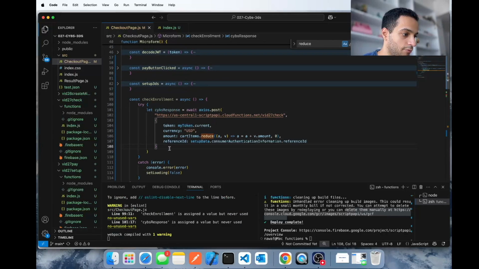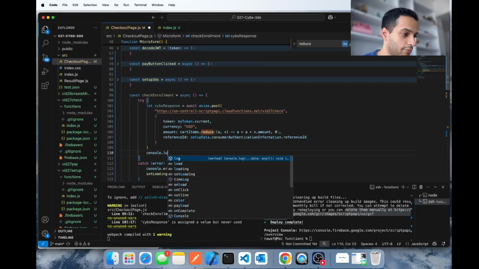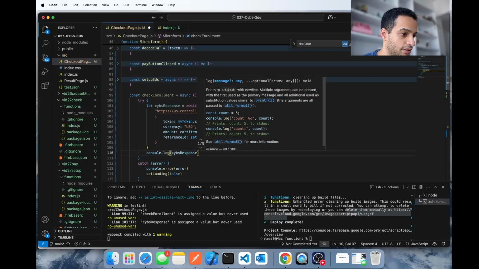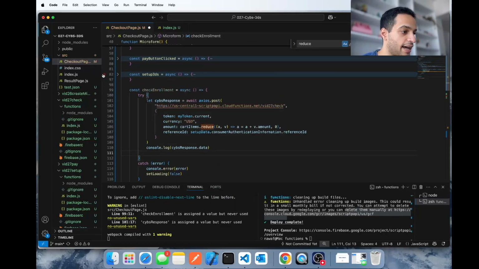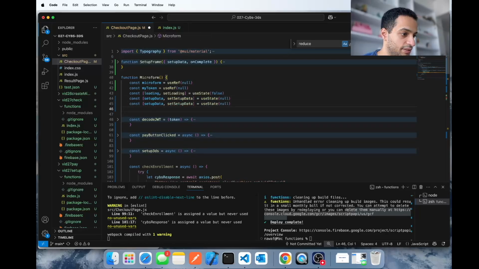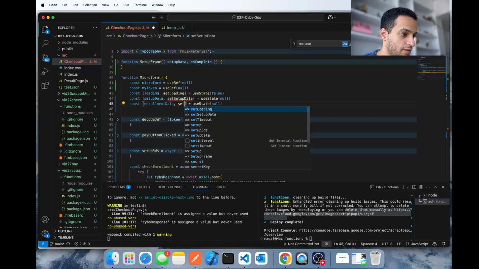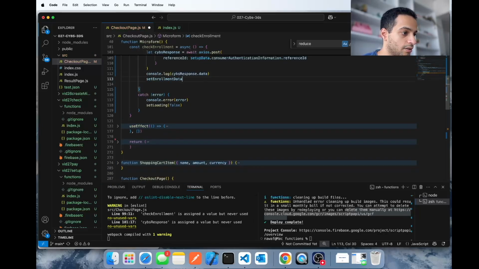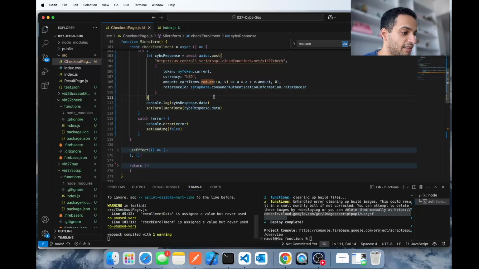Okay, now we call this, we get the response, and here we're going to display it for you guys so you can see what we got back. And I need to also create another state variable, just like this one, but for the enrollment data, because I'm going to be using that across my code. So enrollment data and set data. Go ahead and use this here. Cool. Now let's just test this so we can show you guys